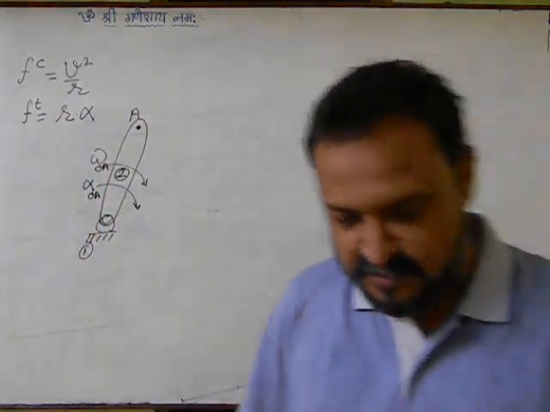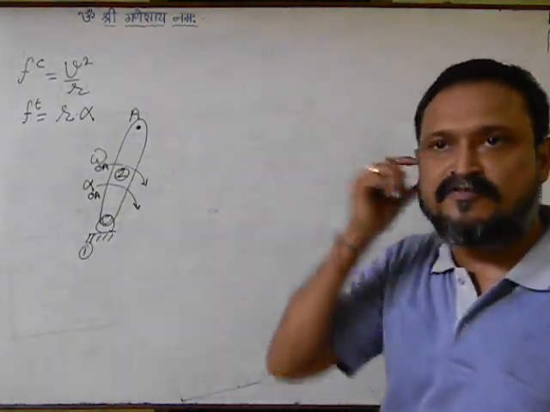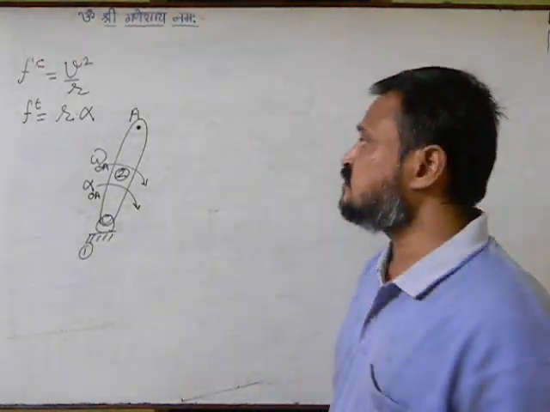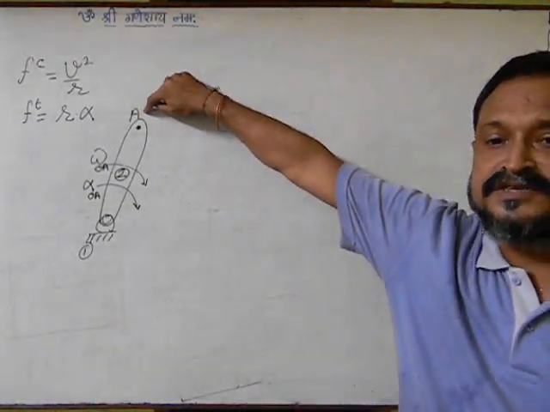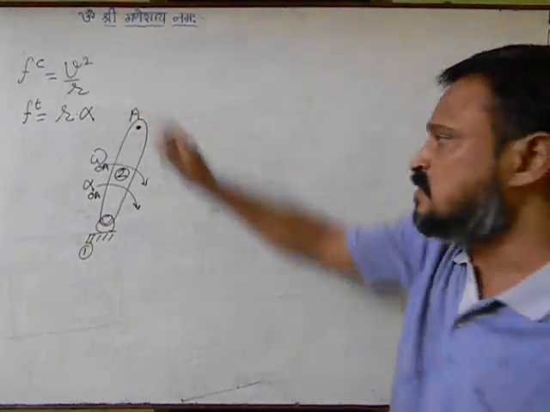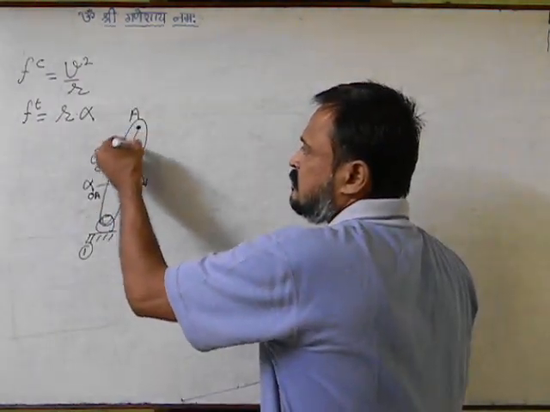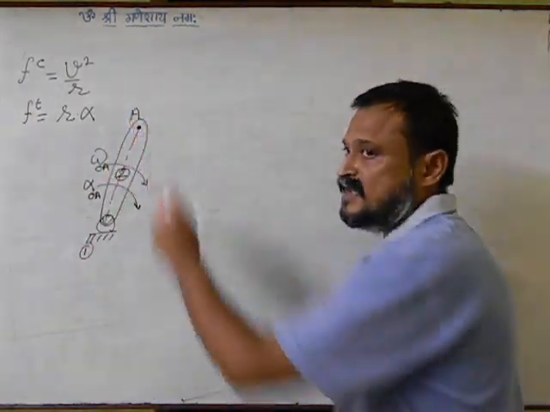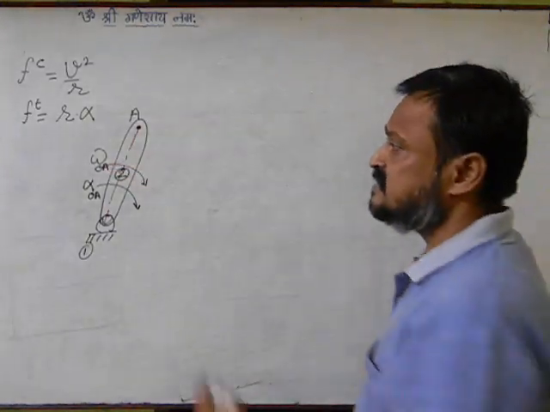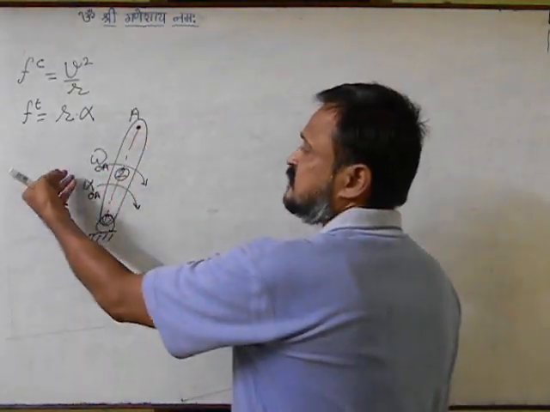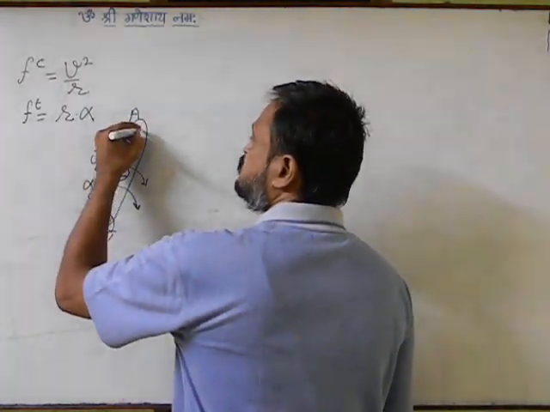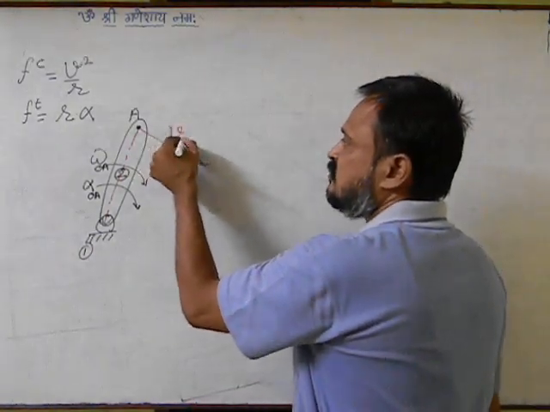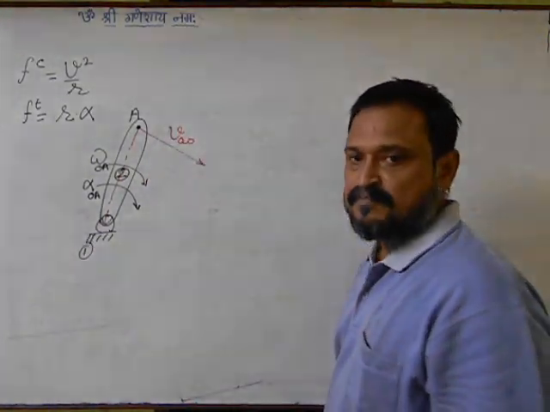So now when I want to find out the acceleration of point A, we'll have to first find out the instantaneous velocity of this point, right? So this will be the radius of rotation for A. When this is turning in this direction, the instantaneous velocity vector will be in this direction. So this is velocity of A with respect to O, and it will be